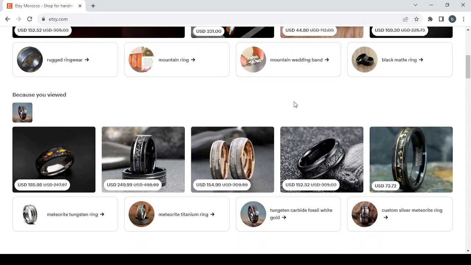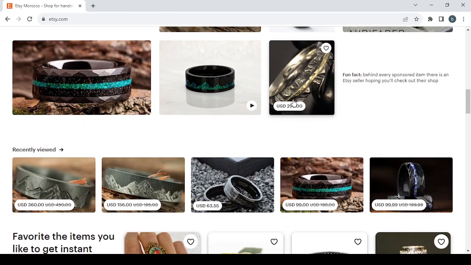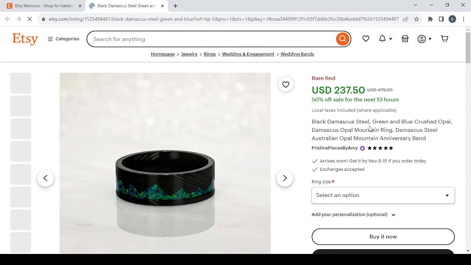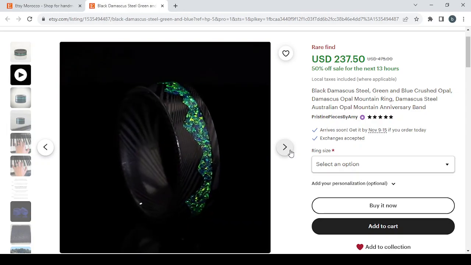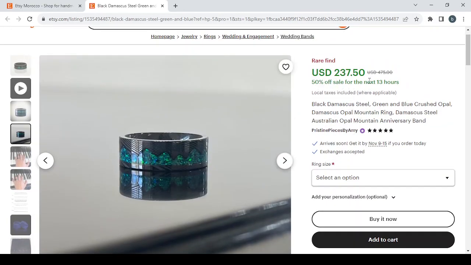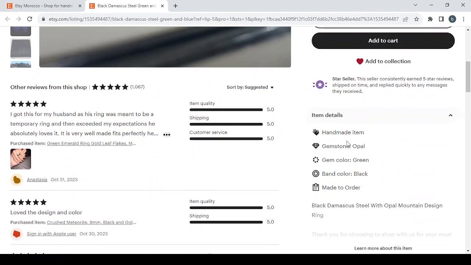So for example, let's choose one of these products just to show you what you're going to learn in today's video. Let's choose this product, for example. So guys, in today's video, I'm going to teach you how to create a shop page for your product exactly like this one, how to add the pictures of your product or the video if you have any, and how to add as many pictures as you have, even if it's 10 or more, how to set the price of your product, how to set the first description, because there are two descriptions. This is the first one, and here we have the second description, and how to add the product's details,